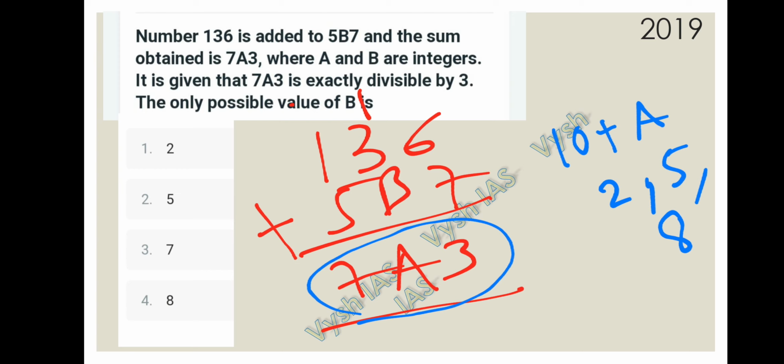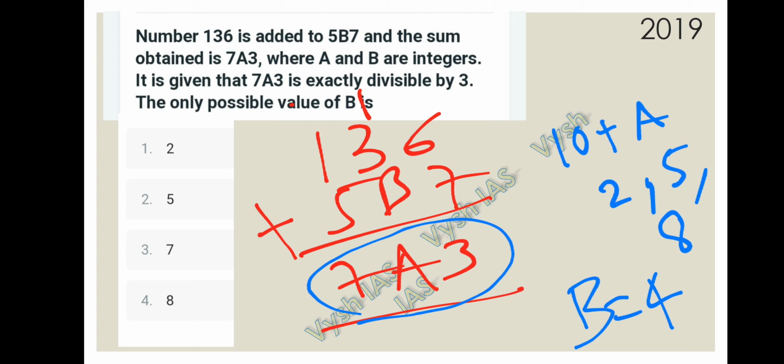If b is 2, 3 plus 2 plus 1 is 6, so 6 is not possible in the place of a. If b is 3, 3, 3, 6, 7, 7 is not possible in the place of a. If b is 4, a can be 8. So b can be 4. So one possible number that we got is b is 4. If we substitute b as 5, the a value will become 9. It is not possible.